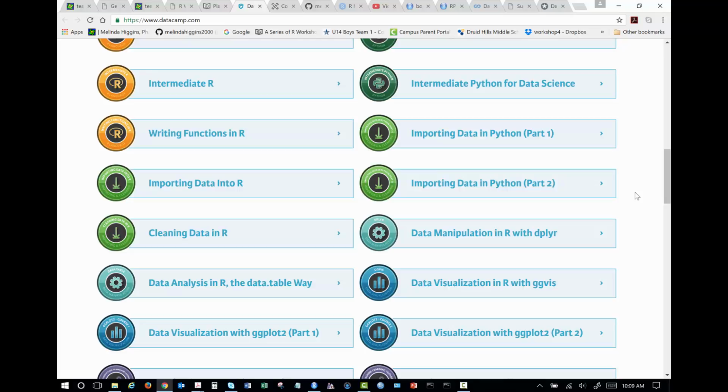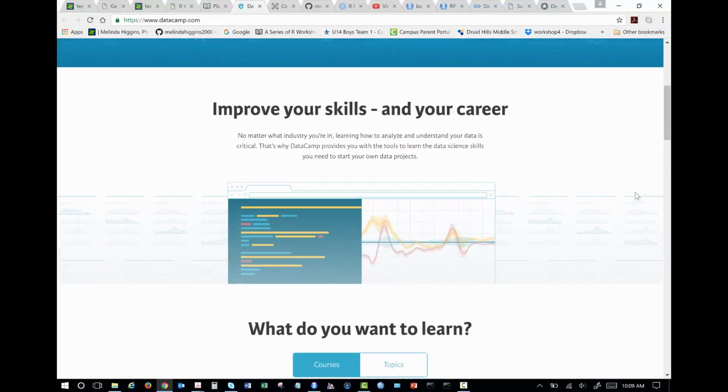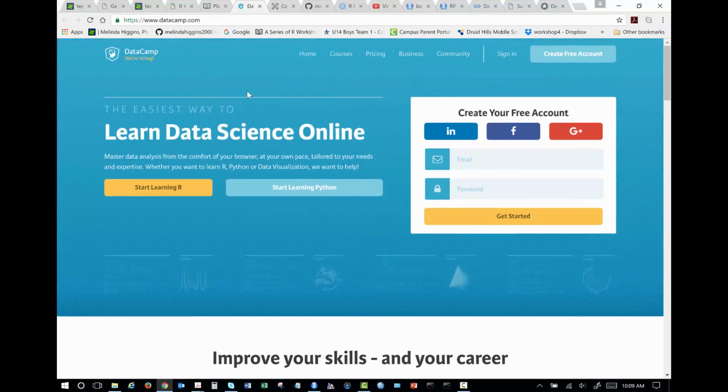The way this is set up, this is a little bit of a for-profit group. So it's like they tease you. There might be 8 modules, and the first 2 are free. And then if you want to finish the rest of them, you have to pay. It's not that expensive, though. And I think especially for students, they may have some discounts.